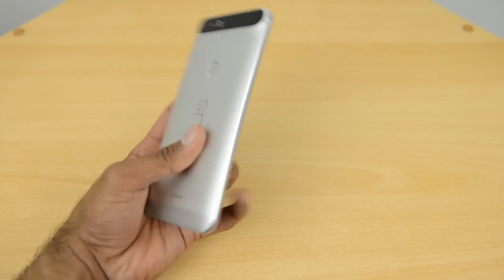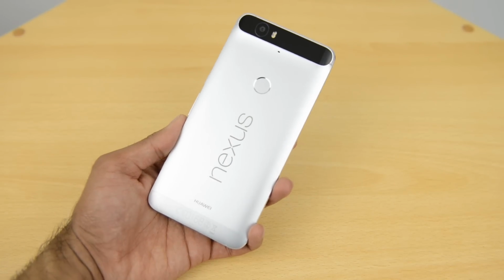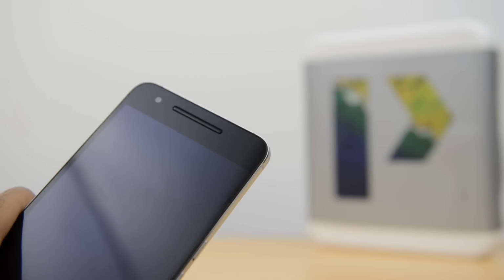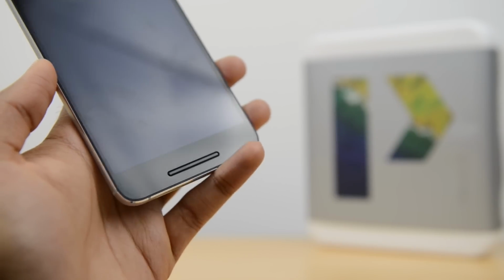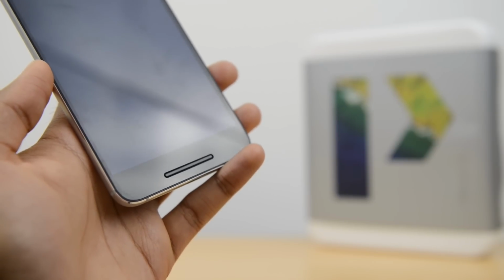Now straight away I have to say it feels very nice and premium in the hand. Taking a look around, up front you've got a 5.7 inch QuadHD display. On the top side of the front is an 8 megapixel front facing camera. There's also one of your two dual front facing stereo speakers, and we've got another one at the bottom. So this is awesome to see that you are going to be getting some great sound out of the Nexus